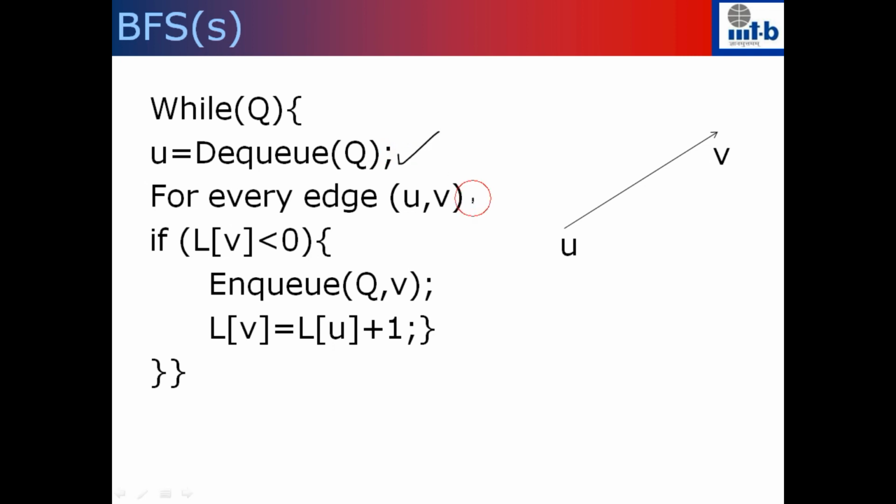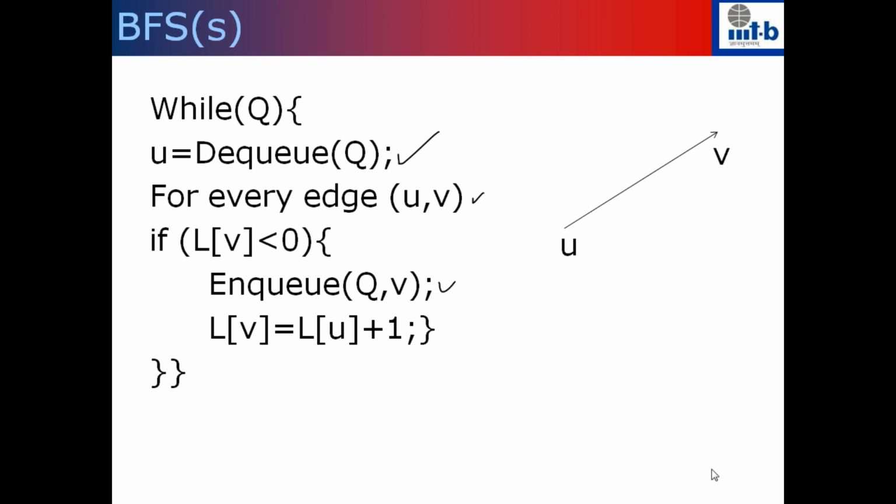I look at the adjacent vertex V. If L of V is still smaller than 0, that means this has not been visited. So I put that into the queue and set L of V to be L of U plus 1. After I compute the L value of every node in the graph, what I'm going to do is